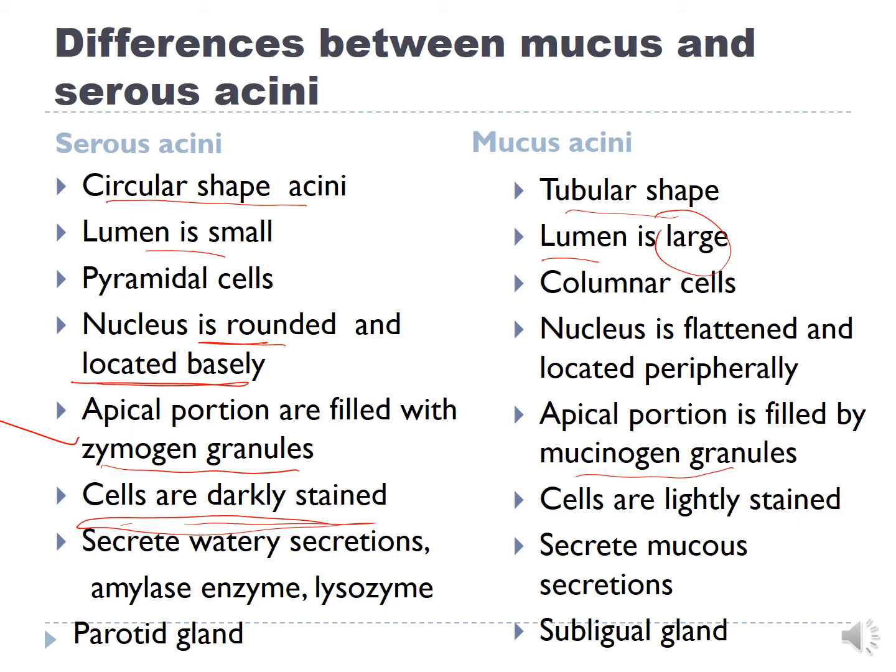These cells have the well developed rough endoplasmic reticulum with abundant ribosomes. So these ribosomes, because they are ribonucleic acids, take basic stain, that is the hematoxylin, and this gives purple color. So they are stained purple in the basal parts and pink in the apical parts, while the mucus cells,